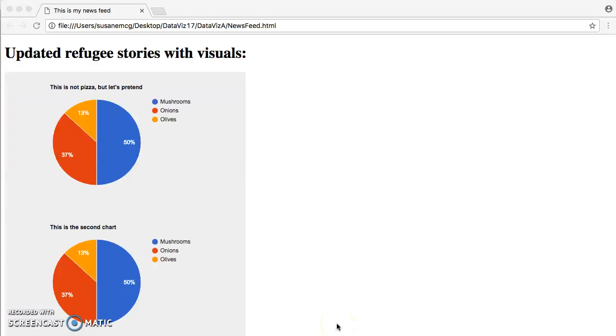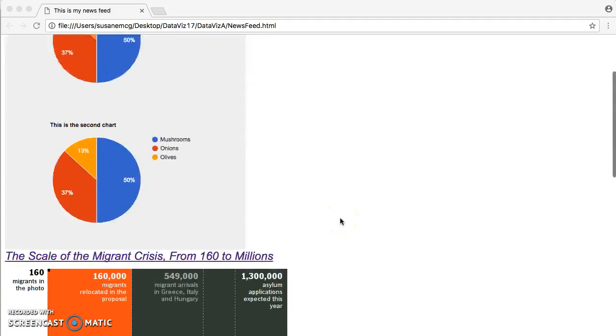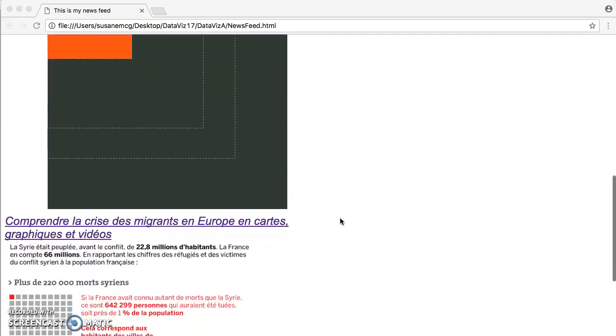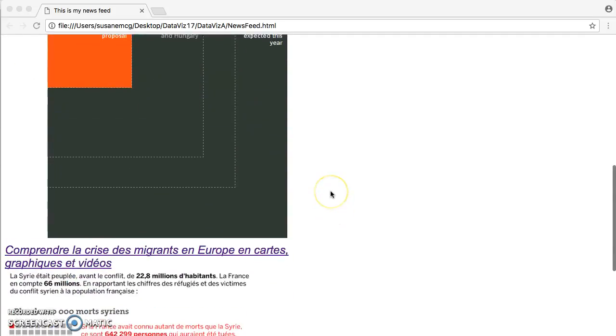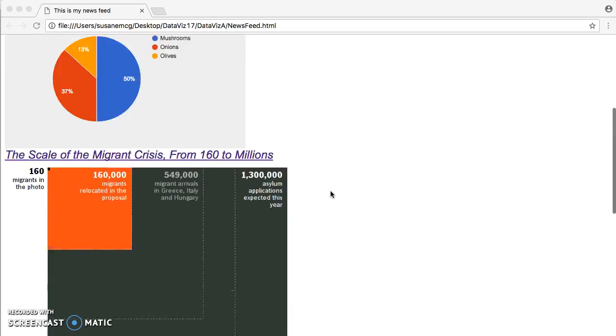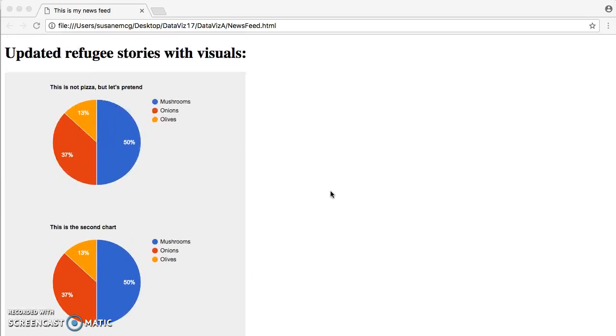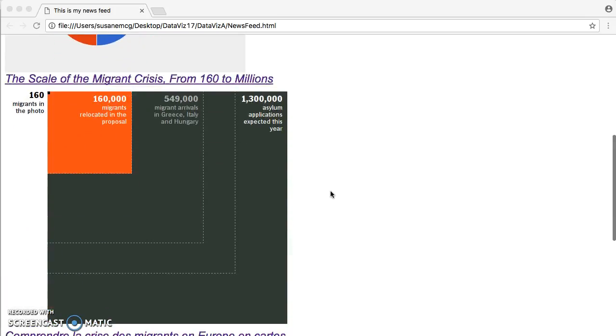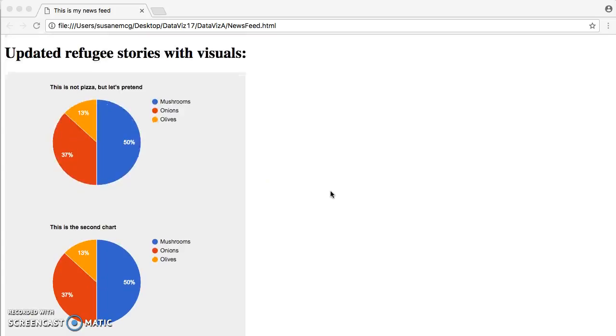Okay, everyone. So now that we have succeeded in getting multiple visualizations onto our page, I want to sort of zoom out a little bit and think about the actual overall layout of our page. We have some experience with how we can implement things like the size of our images and the alignment of our text, but obviously what we have is pretty simple in comparison to what we see on most